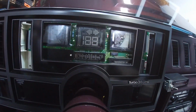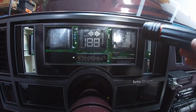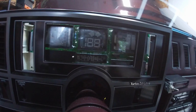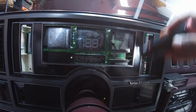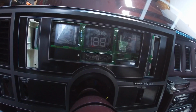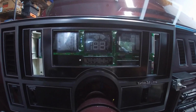There, make sure you get it centered, and you want it low enough where I think this part sits about a 1/4 inch or so below. So I'm just kind of messing with it right now, and I might have to lower it down just a little bit. Also this part here that's inside the bezel, I'm gonna have to trim. I think I have to trim it from here over, so this whole center section will be out. I have to get this side to push back a little bit more so it'll sit a little bit more